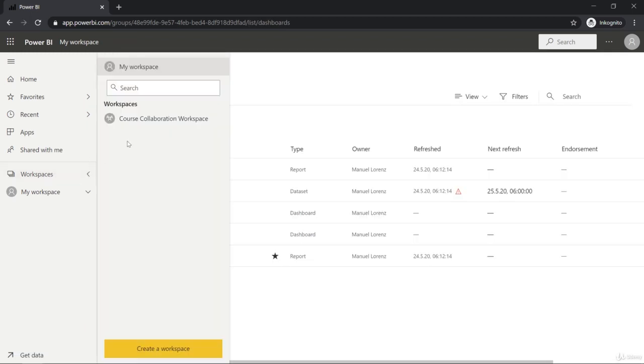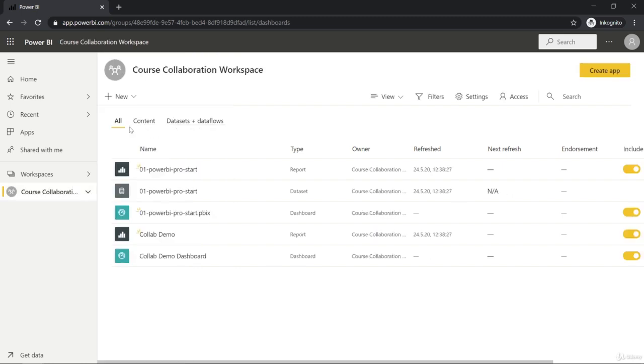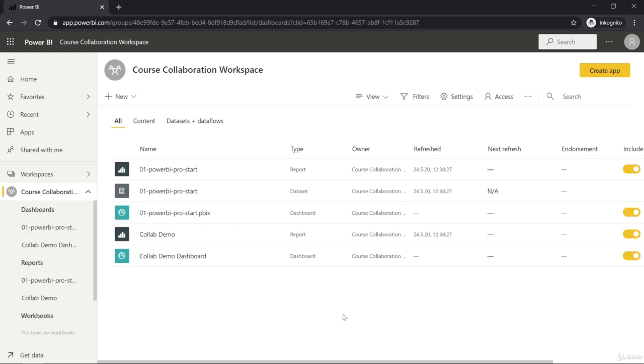And this didn't work, so let's select it once again. Now it worked, so sometimes it's a bit buggy, as I said, but now we're back in this workspace. And here we can now create this app and we can specify which parts of our workspace should be included in this app. The dataset must always be part of the app, but besides that,